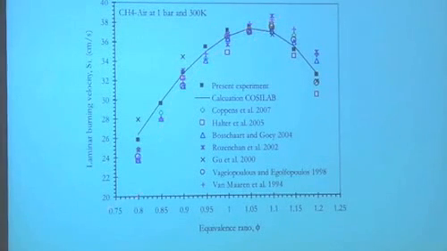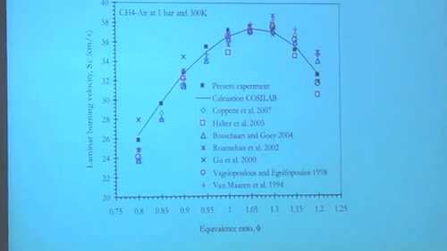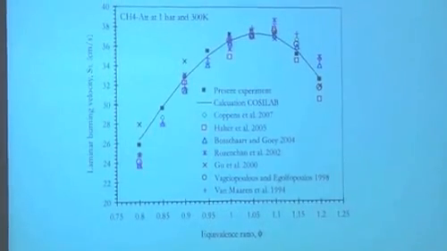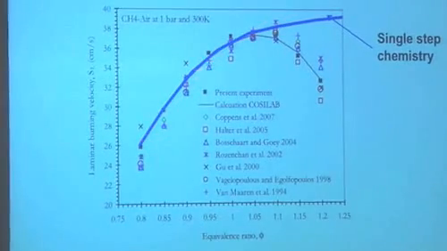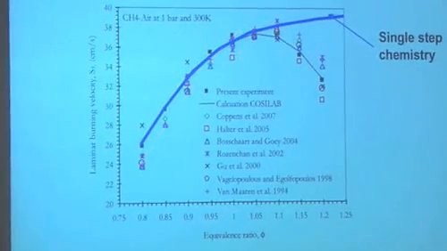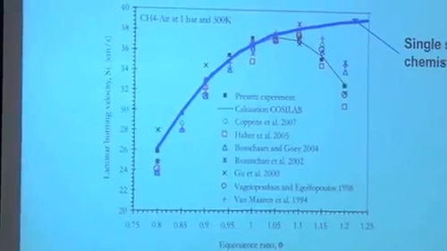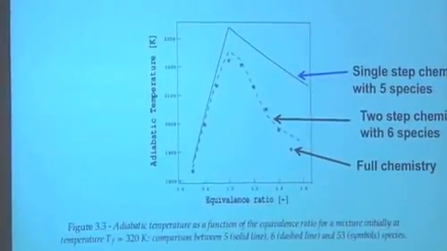But if you're doing a lean flame, the dispersion of results is quite strong. So you shouldn't be, again, too much of a perfectionist trying to match one result with one full scheme, because actually this scheme might not be the right one. So here, if you put the single-step chemistry approximation, the message is really, if you're lean, go for it. It will work. But then maybe you want to do better than that.